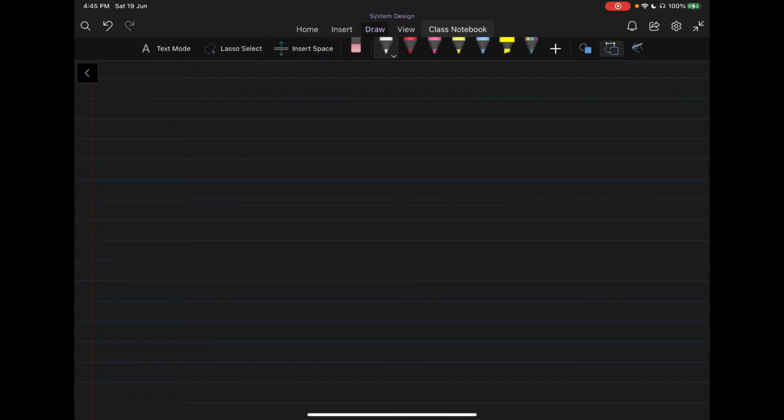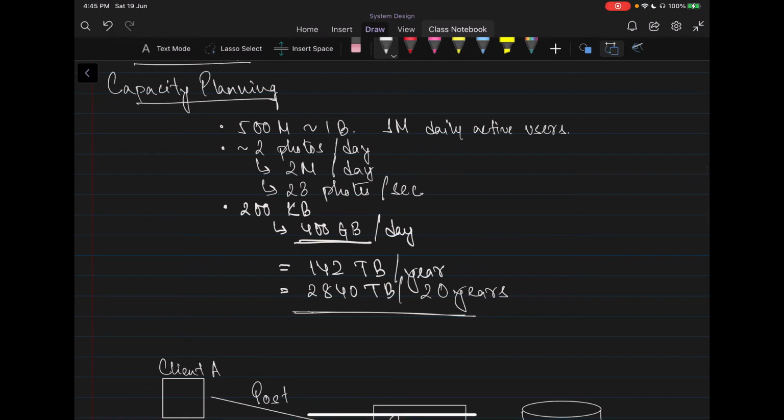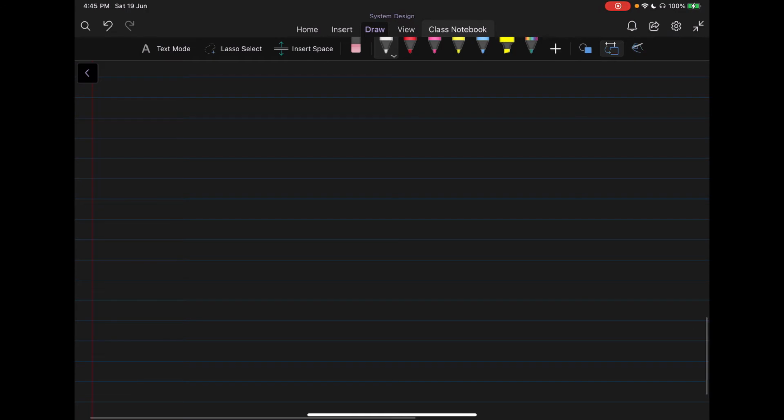So at this point, we also need to make some estimation on the storage that we would need from the database point of view. Like the capacity planning that we made for photo storage, we also need to make some estimation on the data storage, right? I would suggest viewers try this on their own. I would also mention a few things to keep in mind while doing that. Those would be data sizes of the